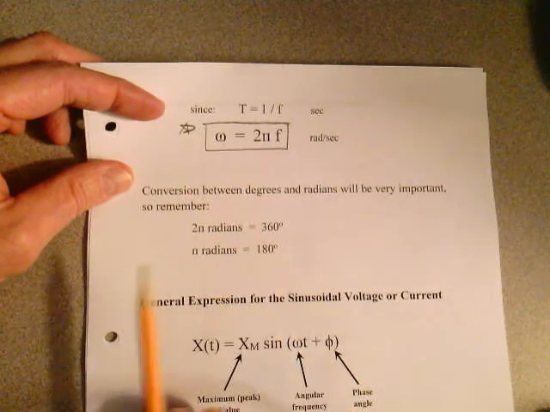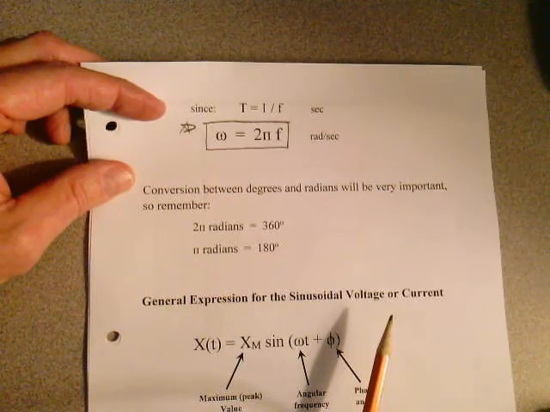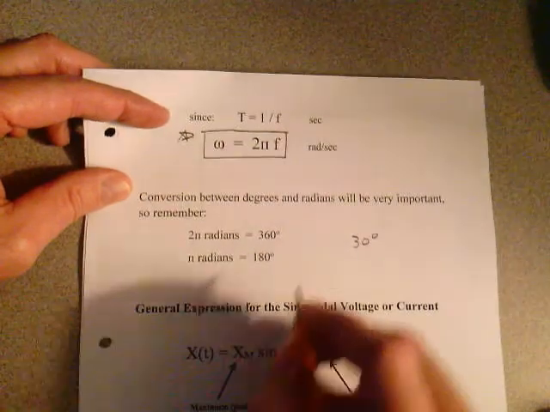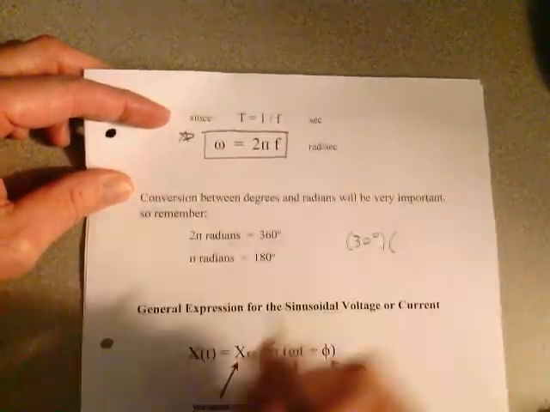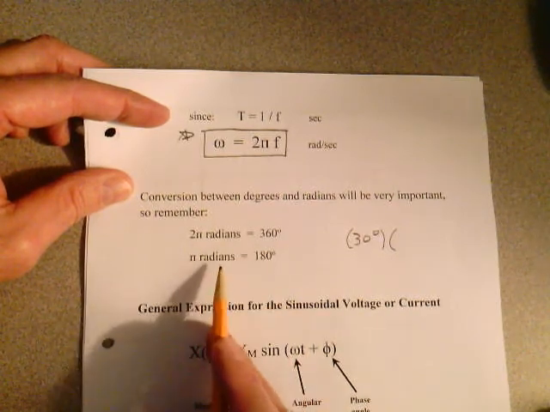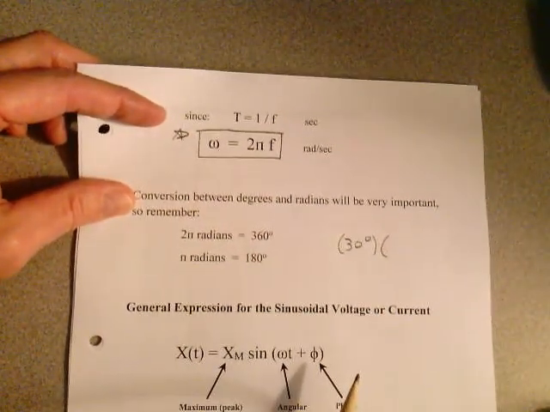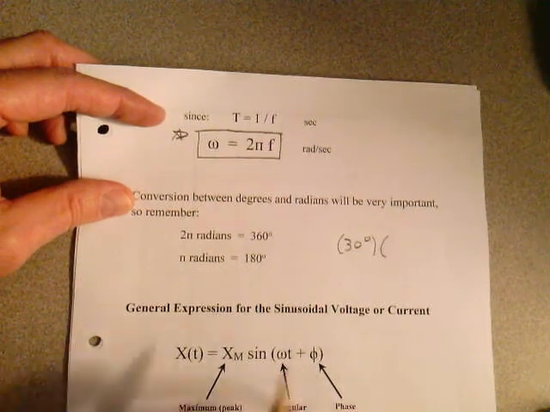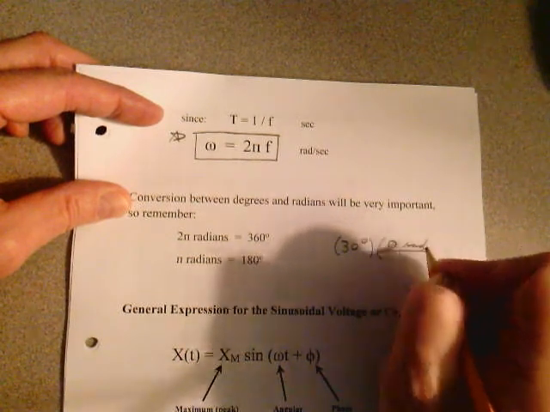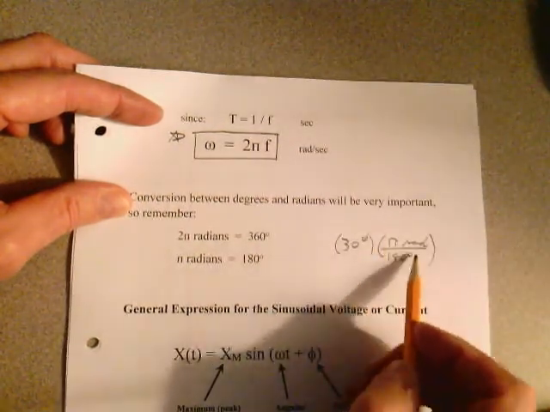2 pi radians equals 360 degrees, so pi radians is 180 degrees. So if you have 30 degrees and you want to convert that to radians, you just have to form the ratio. Do you want 2 pi? Do you want pi over 180 degrees? You want 180 degrees over pi radians? Well, you want to cancel the degrees, obviously, with some dimensional analysis here. So what we want to put is pi radians at the top and divide that by 180 degrees. The degrees will cancel when you end up with radians,